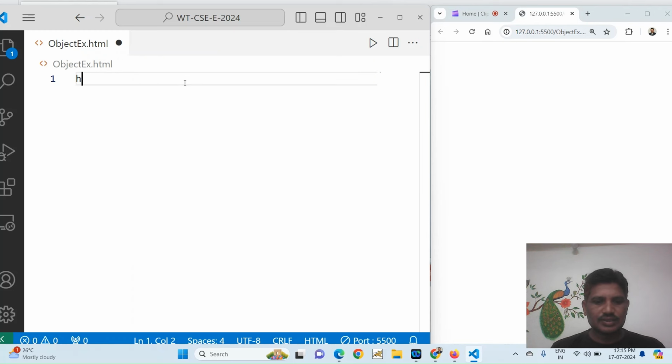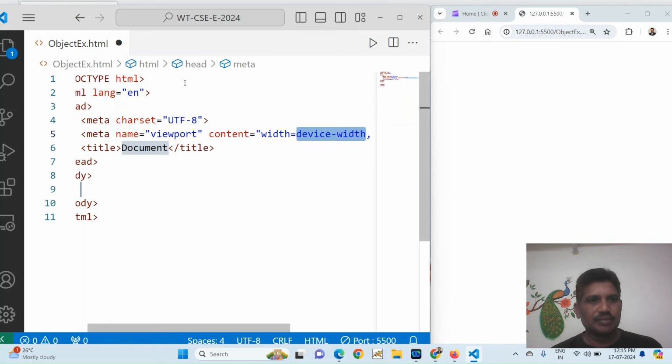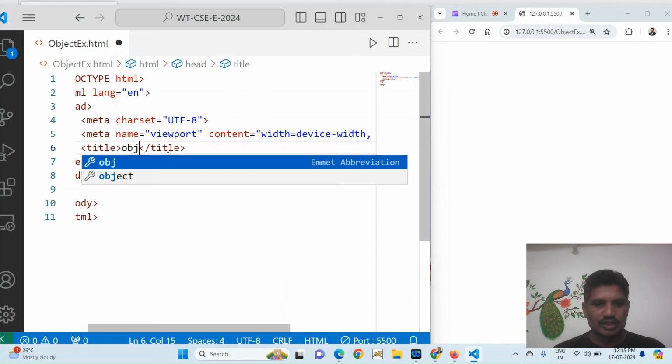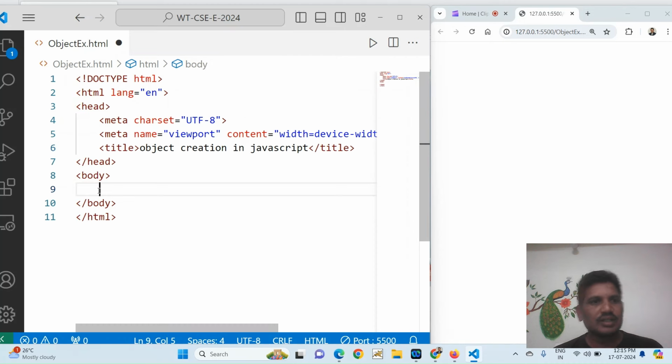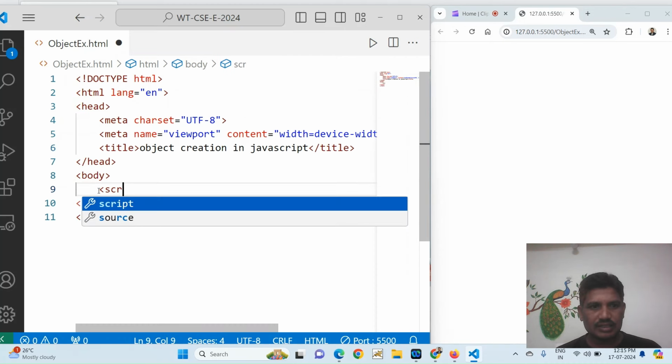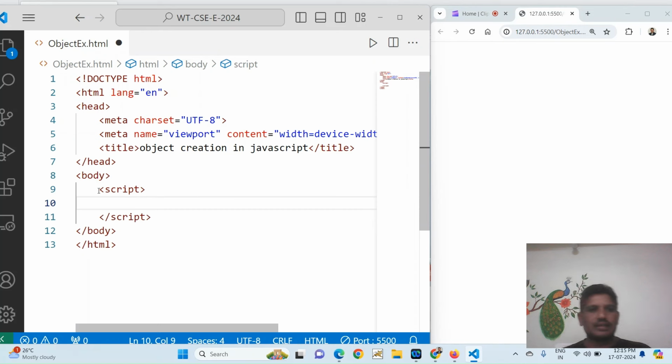HTML code, then template, and the title is object creation. Object creation in JavaScript. Then it comes to the JavaScript code, where you should use the script tag. Then what is the syntax to create an object by using the object literal? The syntax is, for example, I use const, then the object name,